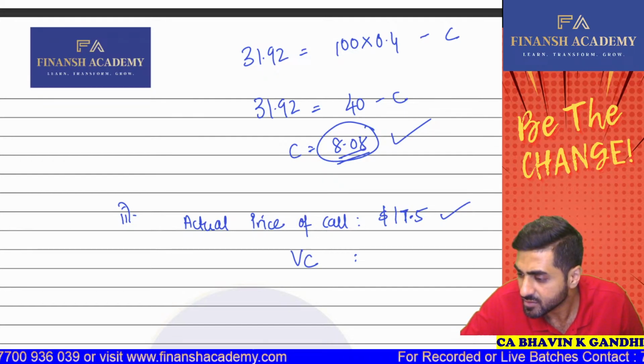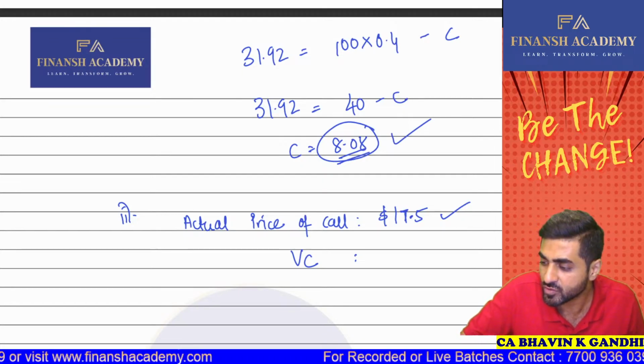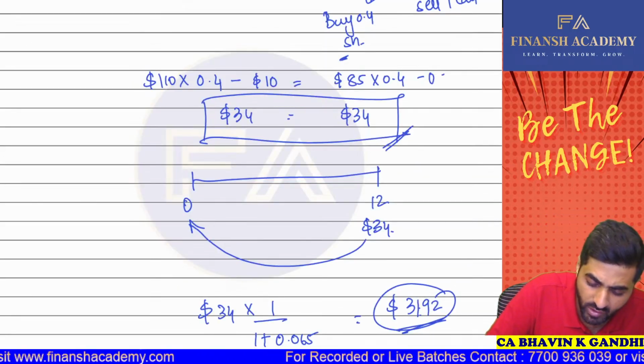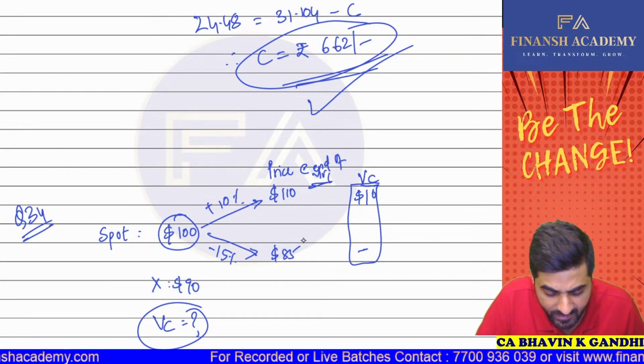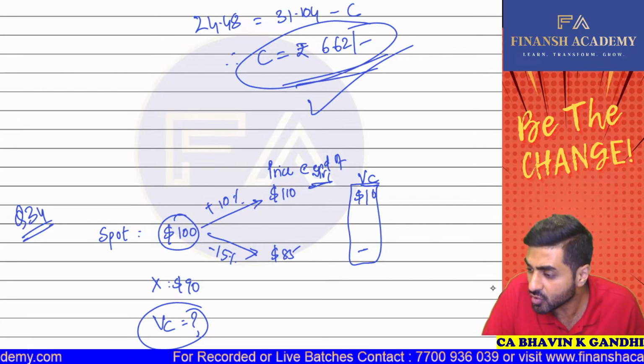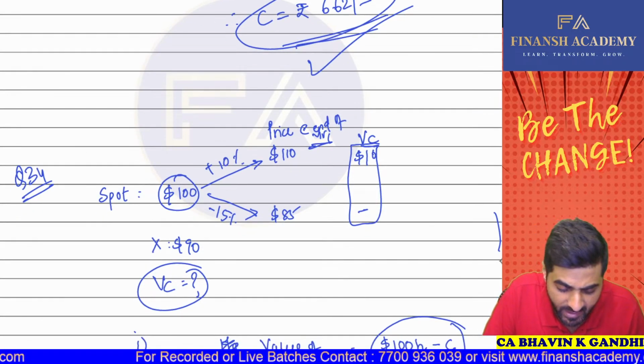In this particular question, what is your ratio? This is 110 and this is 85, right? So apparently this should be coming as,